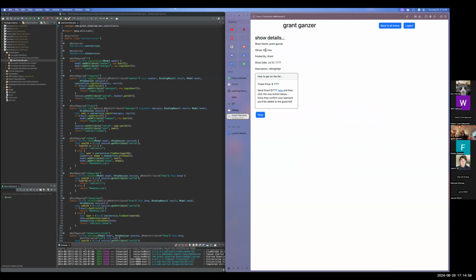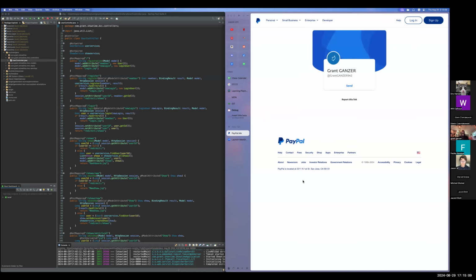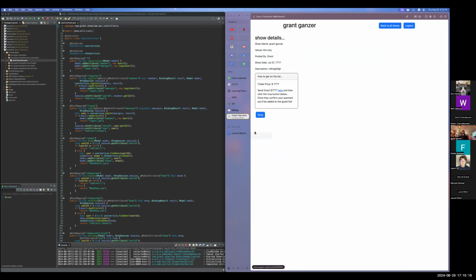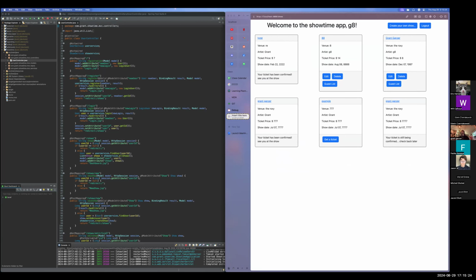where we have all of the information about the show and then a little bit of information on how to get a ticket. So if I wanted to come to this show as a fan, I'd click the link and it would take me to the payment link associated with that show that the artist chose. And then once I send my door fees, I just click RSVP,